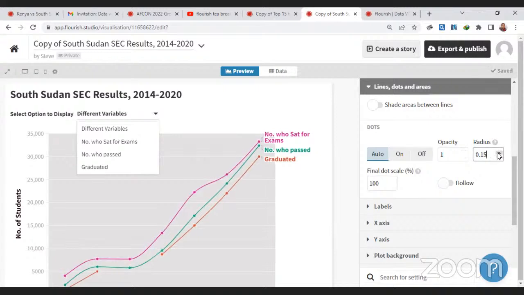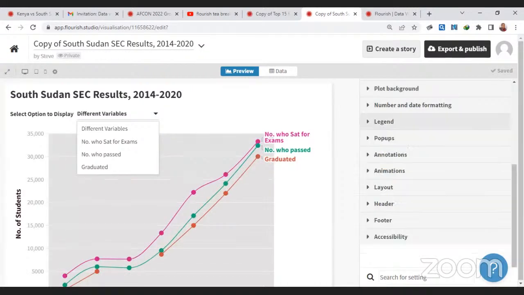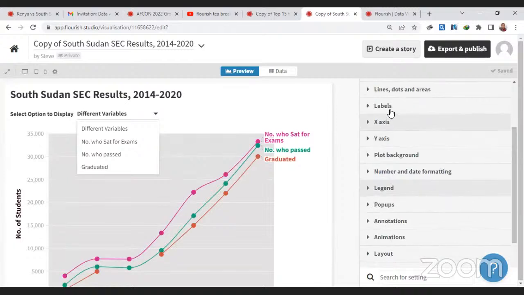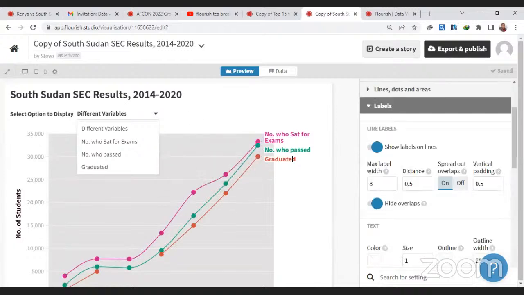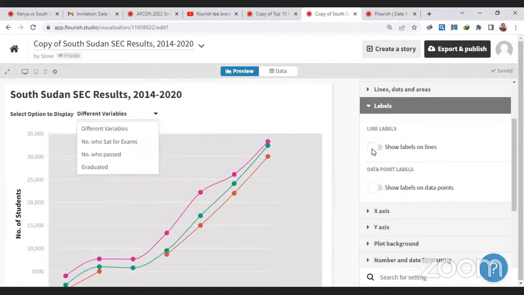You can make them smaller and smaller. You can increase their size. Then the labels. So you can have labels for the lines. So if you put the labels off,